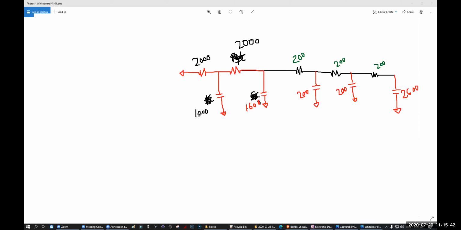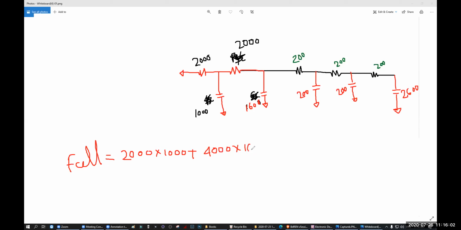Can you apply the Elmore rule? Yes. Okay, the fall delay. Fall delay is how much? 2000 multiplied by 1000, plus 2000 plus 2000, 4000